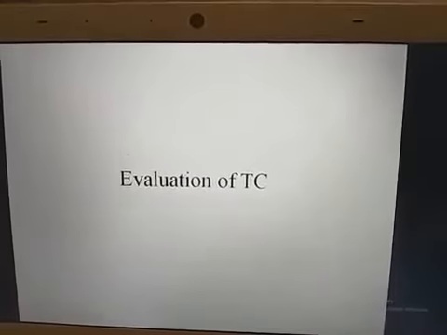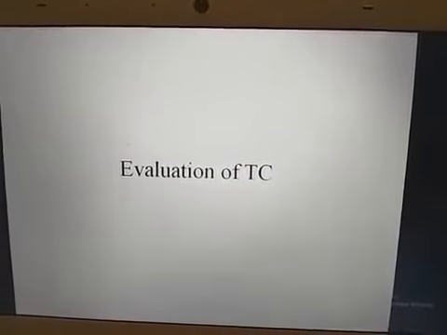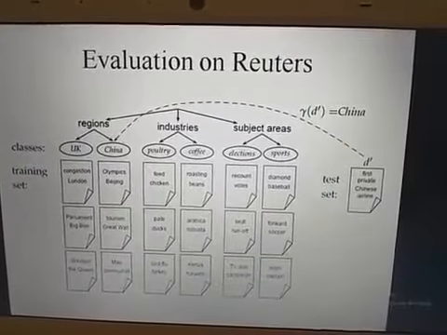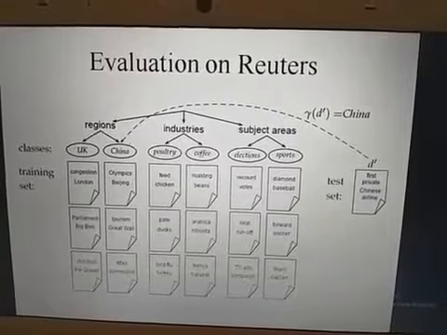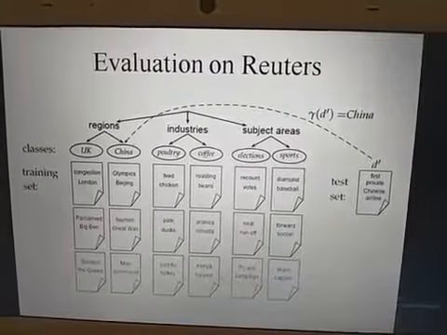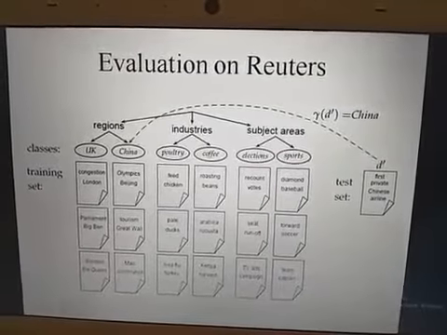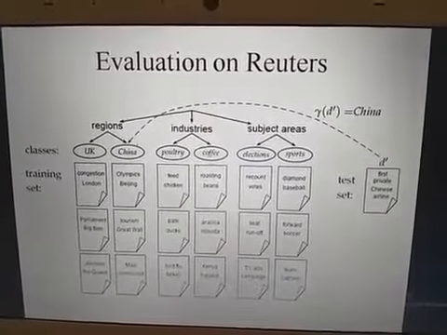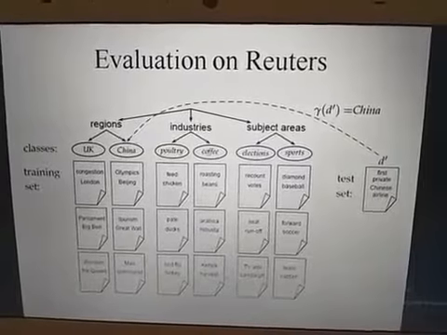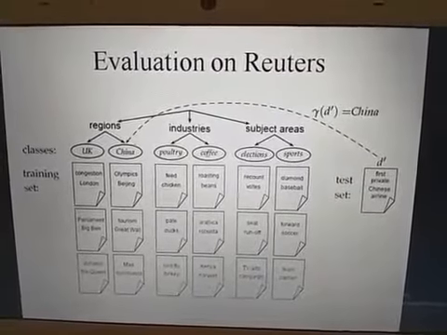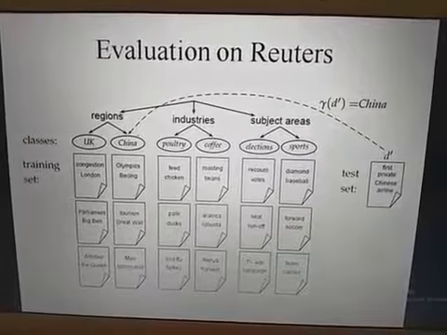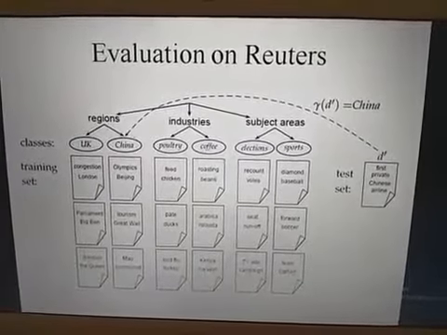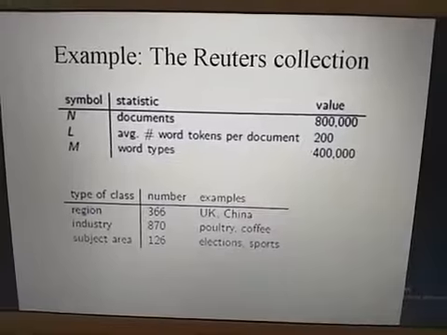So how can we evaluate this text classification problem? This is one of the examples we have already discussed, taken from Reuters data. There are 6 different classes, as already discussed. For each class there is some training data with mnemonic words, and one new document is present in test data to find out its class.